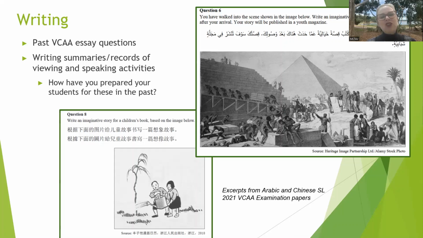And maybe that's something that we actually have glossed over a bit, and maybe that's why there are lots of comments around to say, oh, but my teacher says you should never write the imaginative essay. Maybe it's something that a number of us are not really confident about, but maybe that's coming more into what we've been prompted to have a deeper think about and to take more out of. So my question to everyone is, how have you prepared your students for these in the past? Because this is presumably applicable to this whole question of viewing and using image to prompt all other language skills, but